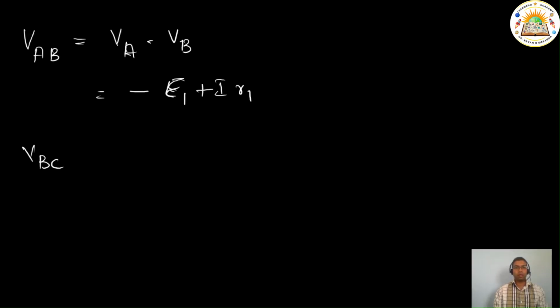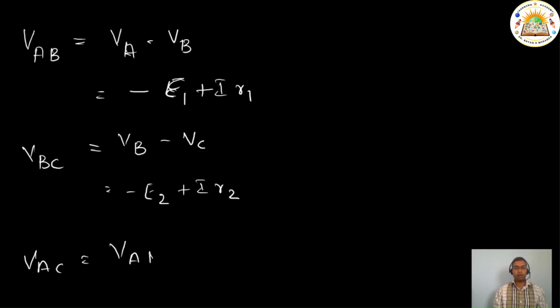Similarly, VBC is going to be nothing but VB minus VC, which is going to be minus E2 plus IR2. Now, total, that is VAC, is going to be nothing but VAB plus VBC. That will give us